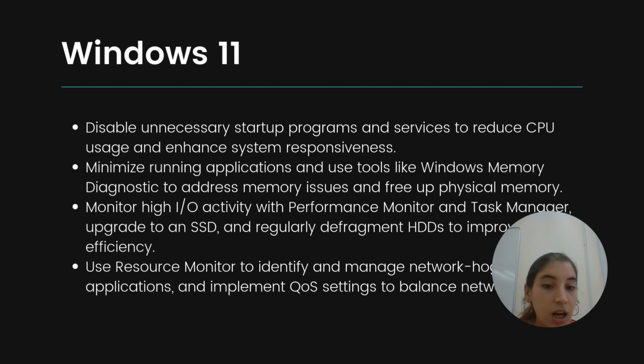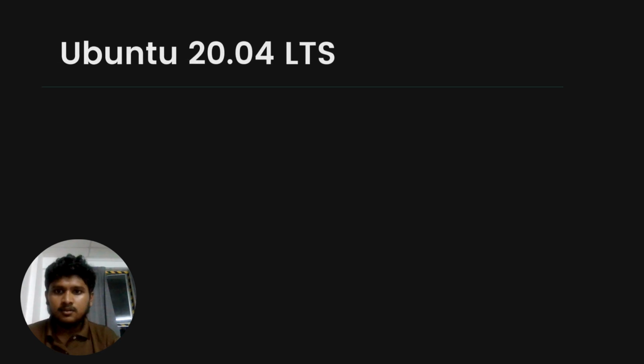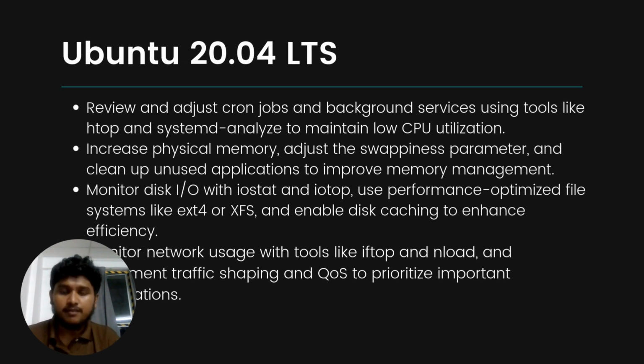For monitoring high input-output activity, use Performance Monitor and Task Manager. Also, it's better to upgrade to an SSD and regularly defragment the HDD to improve efficiency. We can also use Resource Monitor to identify and manage network-hogging applications and implement QoS settings to balance network usage. So for the recommendations of improvement for Ubuntu 20.04 LTS, the user should review and adjust cron jobs